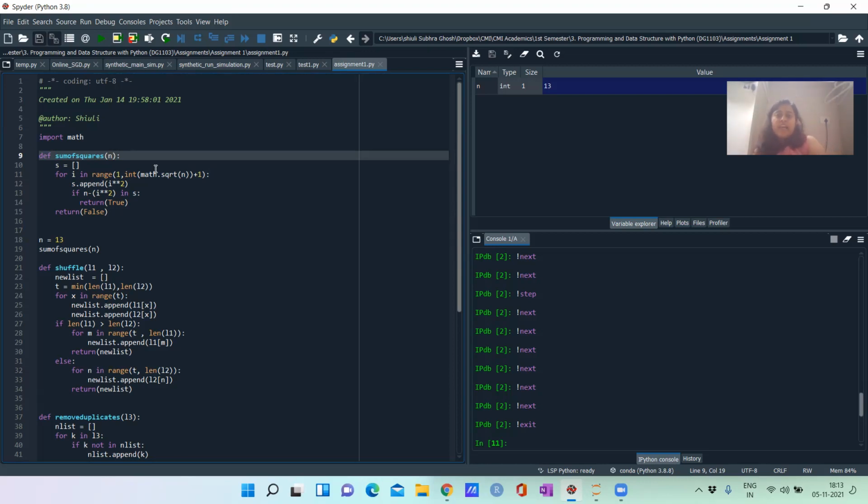Okay. And you already know one thing, that you need to check only till root of 13, because according to mathematics, there is no need to iterate through the entire range till 13, because definitely 12 square won't be equal to 13. Okay.